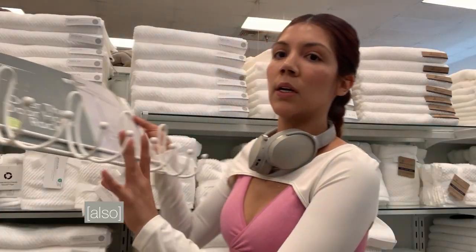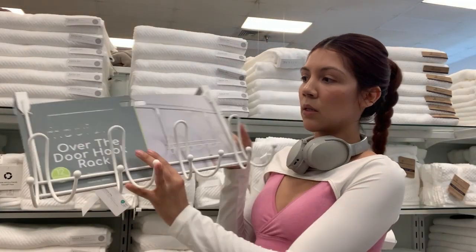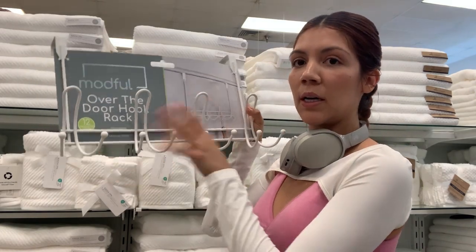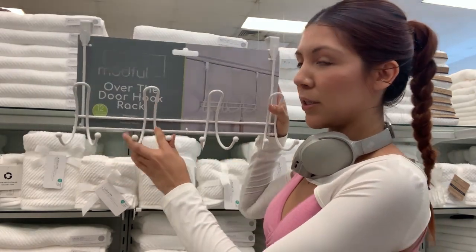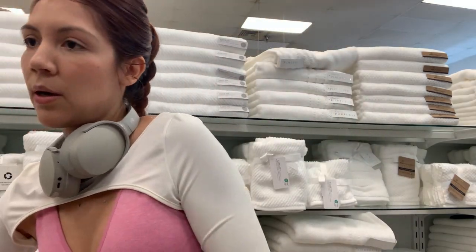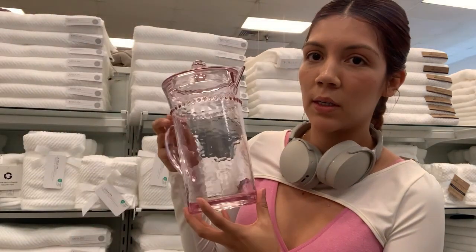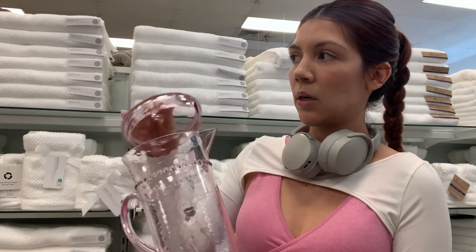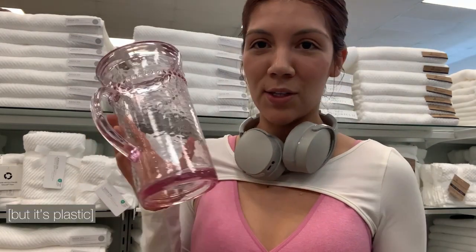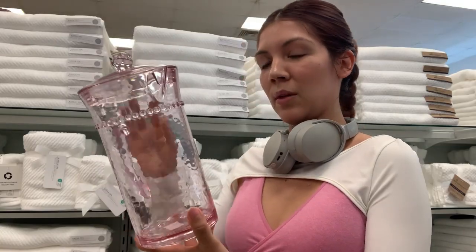También I found these, which I would use for my bathroom door, and I could hang my robe and my towels on here. And then I'm trying to debate whether I need this or not. I kind of wanted this because I wanted to make iced tea in the summer, pero es plástico, so I don't know if I like that. The color is